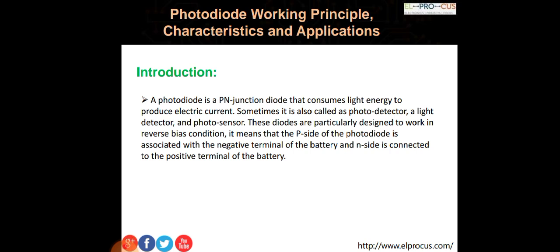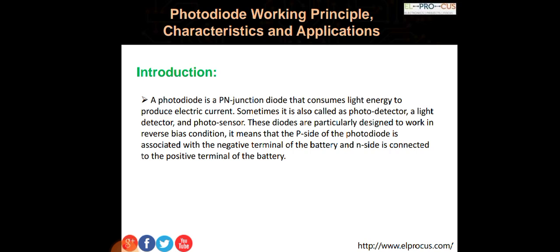We have seen one diode which conducts very smoothly in reverse bias condition, that is the Zener diode. Because p-n junction diodes do not operate very properly in reverse bias condition. They give a very small amount of current, which is also not finely measurable. So we have designed the Zener diode, which works very smoothly in reverse bias. Again, the photodiode is also a reverse bias diode, so it can work smoothly in reverse bias condition.